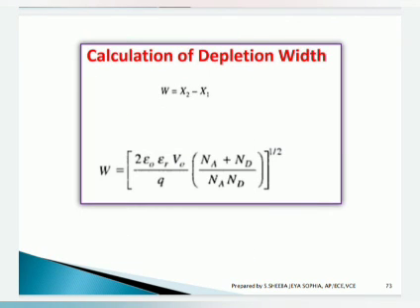So why do we need to calculate the values of x1 and x2? Yes, to find the depletion width. That is the prime motive of our calculation, to find the depletion layer width created between the p-type and the n-type region. So the final formula is W is equal to x2 minus x1. We know the value of x1 and x2, so substituting them in W is equal to x2 minus x1, we find the final equation as 2 epsilon naught V naught divided by q into Na plus Nd divided by Na Nd, the whole power 1 by 2.